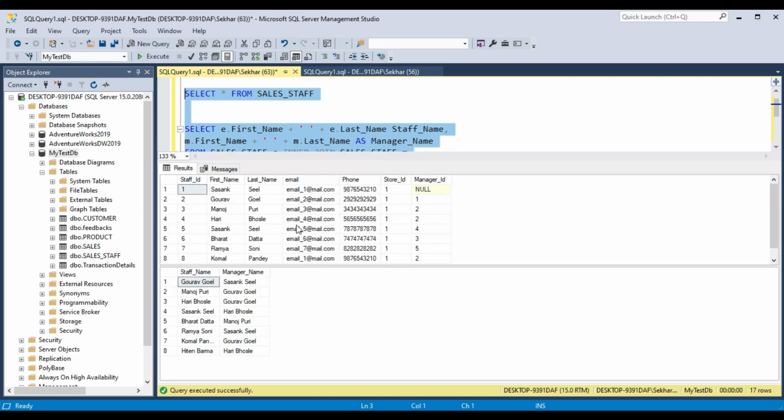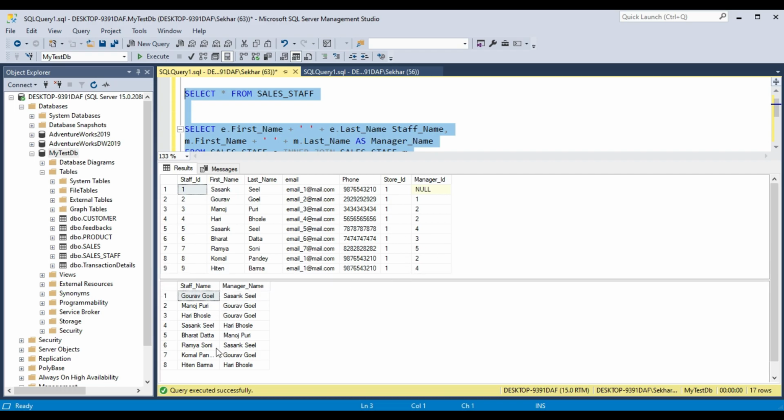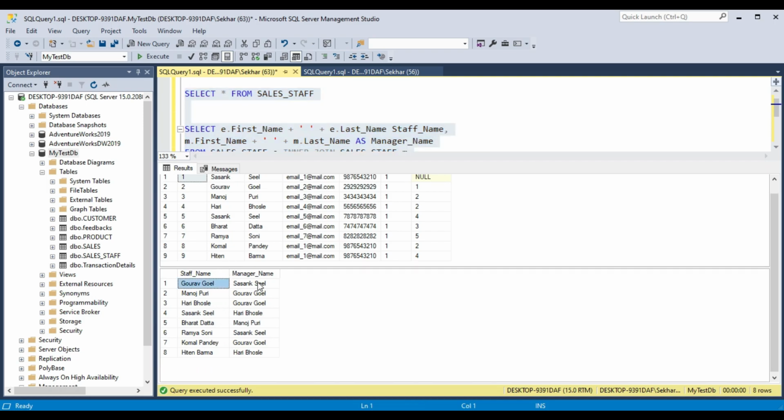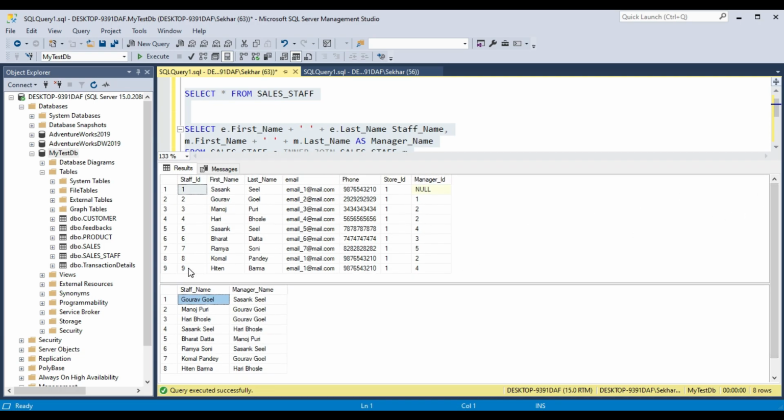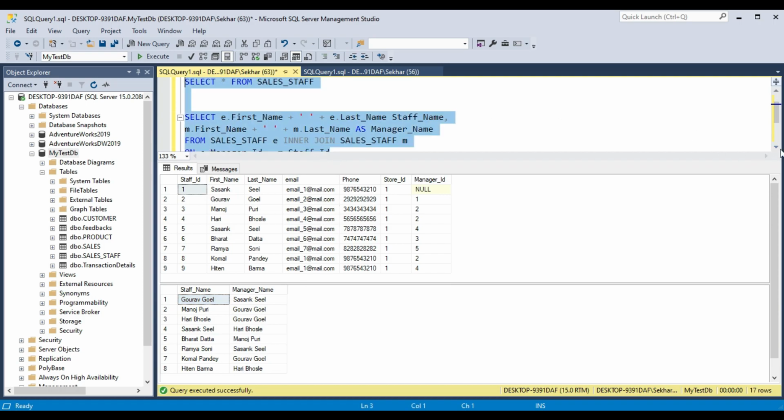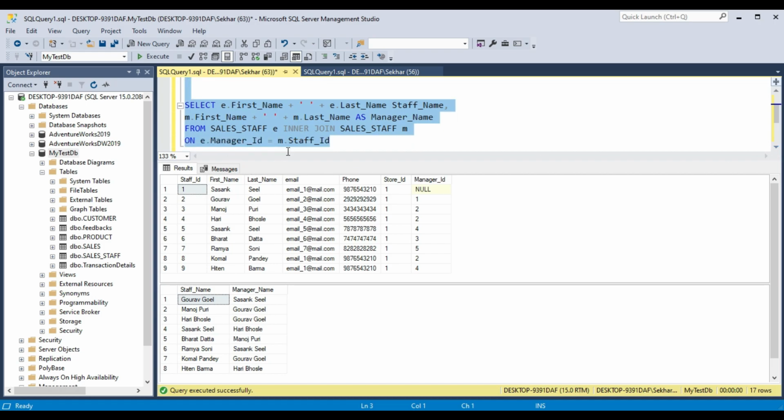This first result is our sales staff table records, and the second one is our self join query result. As you can see, in your first query we have 9 records, but in our self join query we are getting only 8 records, because we have given the join condition on manager ID equal to staff ID.